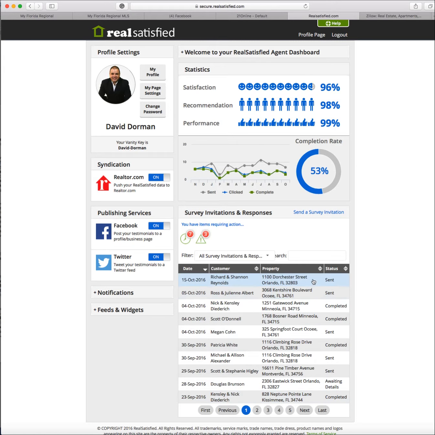And you can see that several have been sent, some have been completed, and some have not. Here's the deal, guys. You have to have more than a certain percentage in order to get a good completion rate. So make sure that if they didn't sign yet, and you know they've been sent, resend it. Resend it and call them up and say,